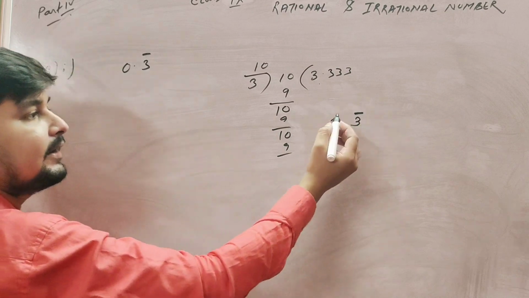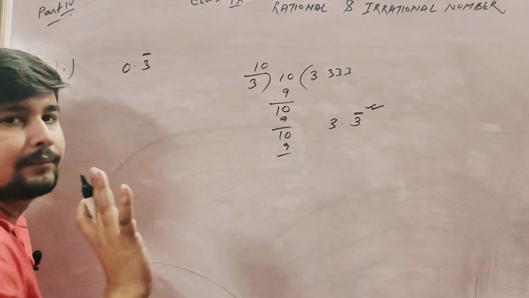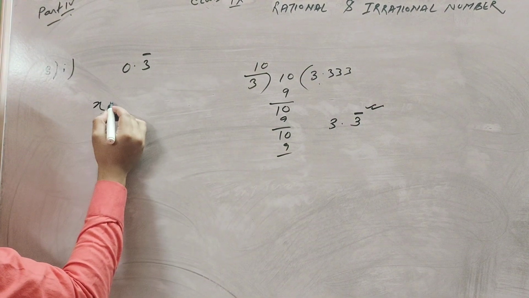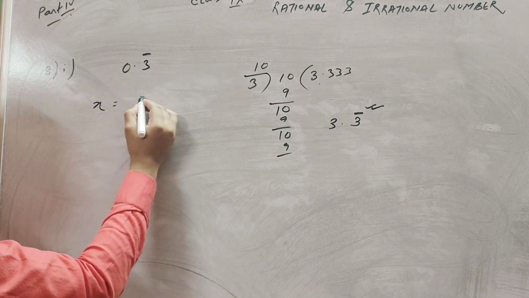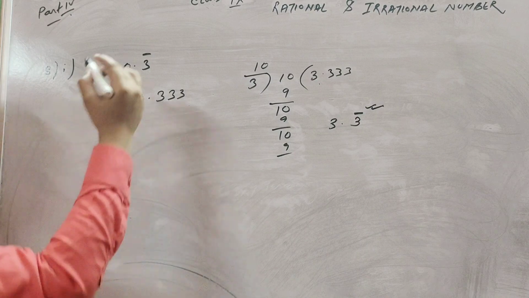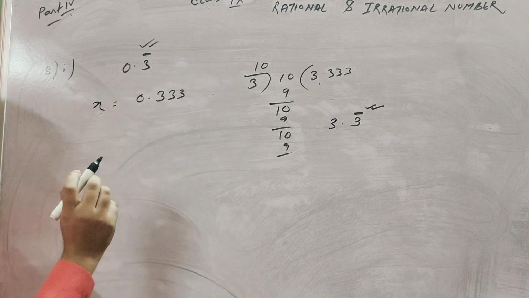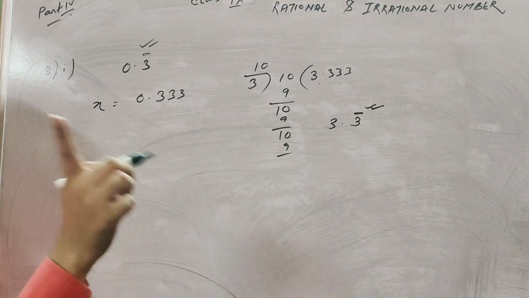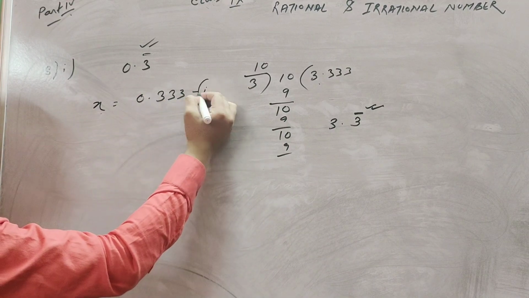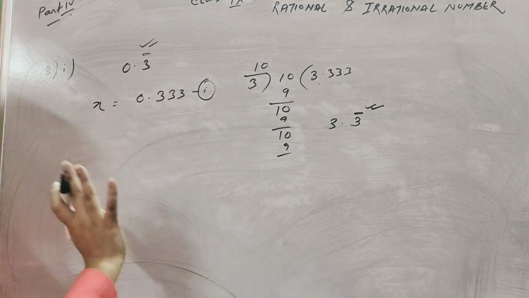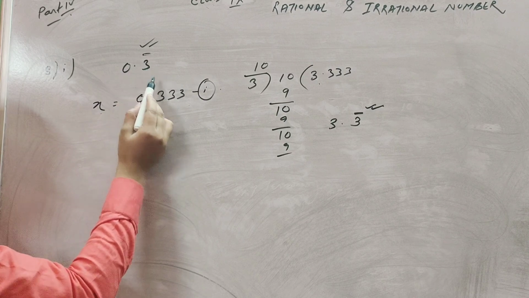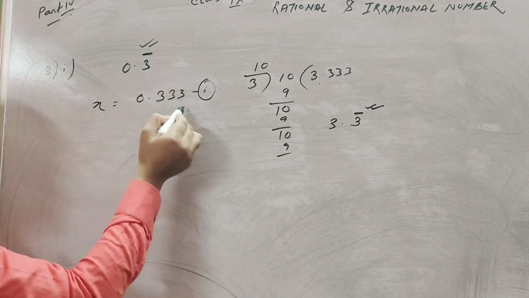This sign indicates that this one is continuously repeating. Okay, so in place of 0.3 repeating we take this number x equals 0.3, 3, 3, 3, that means this goes on continuously repeating. Only one repeating sign here. How many signs here? Only one. So this number is multiplied by 10. We take this one as equation 1. Clear? This is the step, you note down. First of all, we let x equal 0.3. Why repeating 3? Because this is a sign of the repetition.